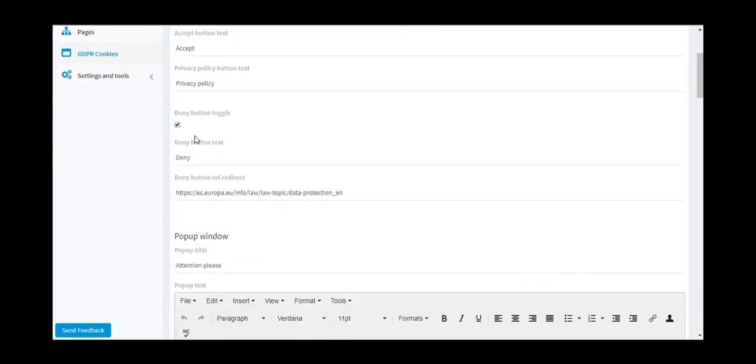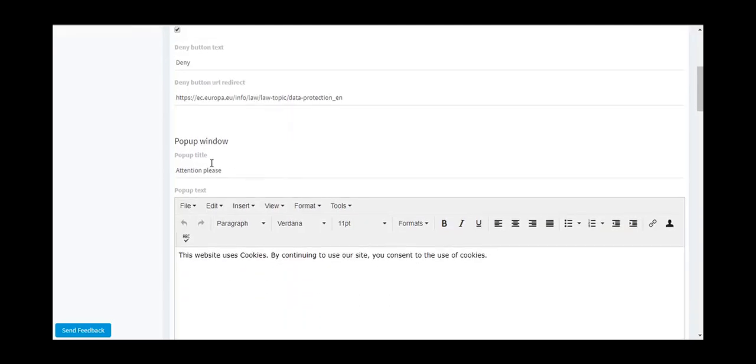If you want to have a deny button, it means visitors can deny your cookie policy, and in that case they will be forwarded to another page. You can edit this. By default, this is some European GDPR declaration or whatever, so if they do not agree with your terms or cookies, they can be forwarded to this address. And then there are